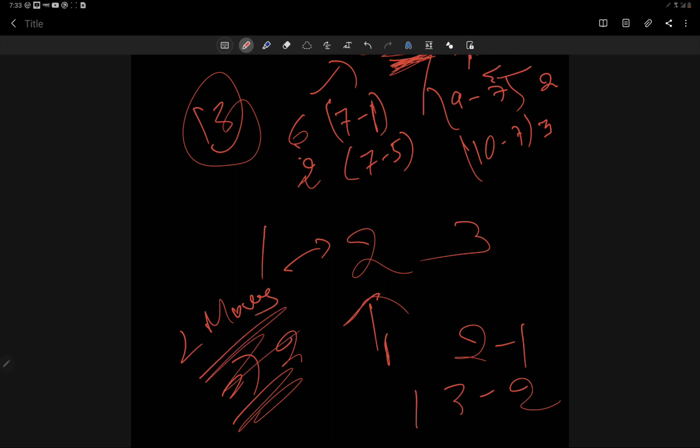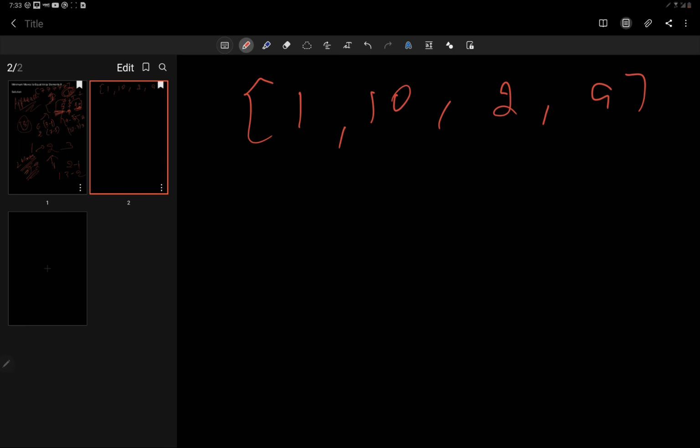I hope both the examples are clear, and how we are going to solve it, and the approach as well, why we are selecting the middle element and why we are incrementing and decrementing the values to make all of the array equal to one single value. All right, now let's take one more example.